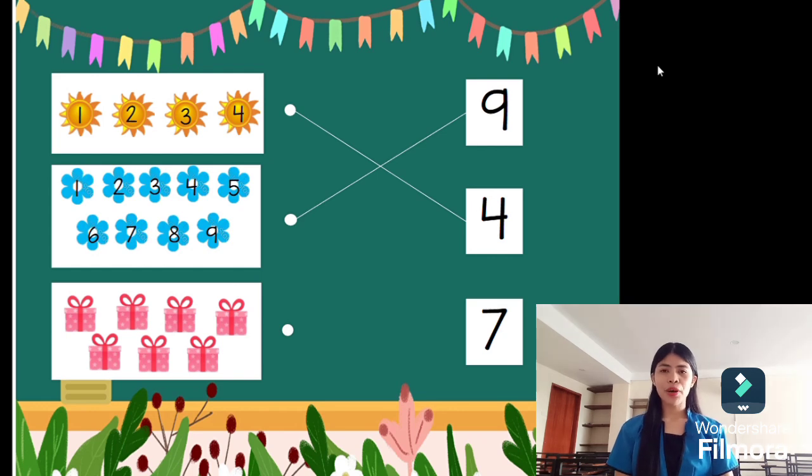Next, let's count how many objects are inside the box. 1, 2, 3, 4, 5, 6, 7. We have 7 objects here. Now, let's connect to the number 7. Yes, very good. This is the number 7.